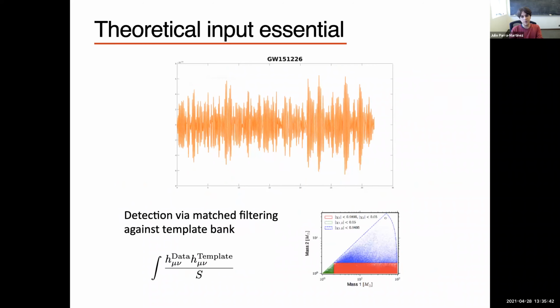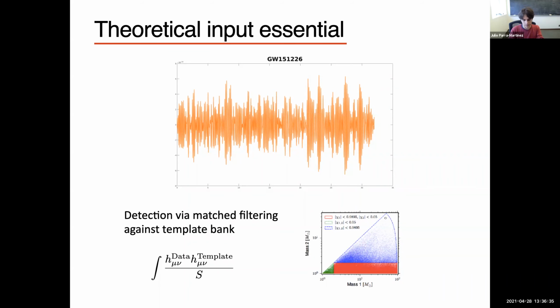And the theoretical input in this problem is essential. Like in collider physics, where many times experimentalists, if they can avoid looking at predictions by theorists, they just look at the backgrounds and try to understand everything from the data, in gravitational wave physics this is what the data looks like, and from this mess you have to dig out the first observation of gravitational waves, and this is done using a template bank of the waveforms of different events. Each point in this plot represents a waveform for a given mass ratio, and then they take an inner product weighted by the sensitivity of the detector to see which signal is closest to the